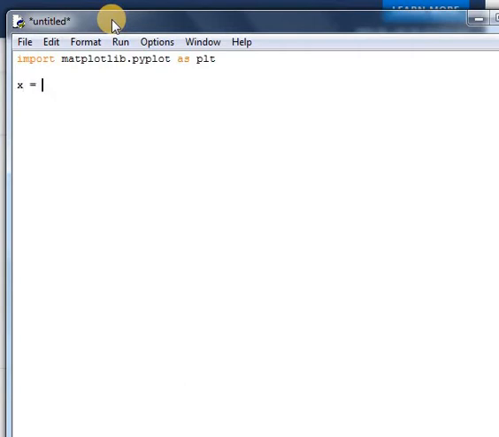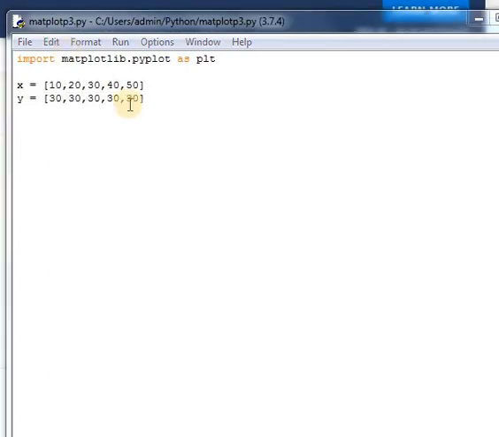Here I am creating the 2 lists: 10, 20, 30, 40, and then the lines by using the function plt.plot. plt.plot is the function that makes the graphs.